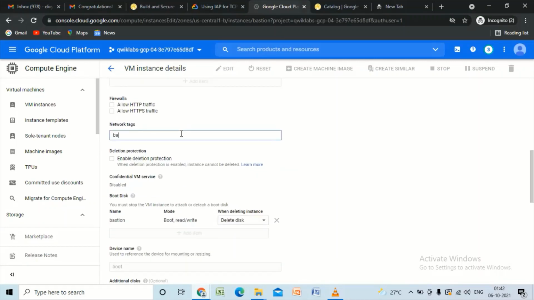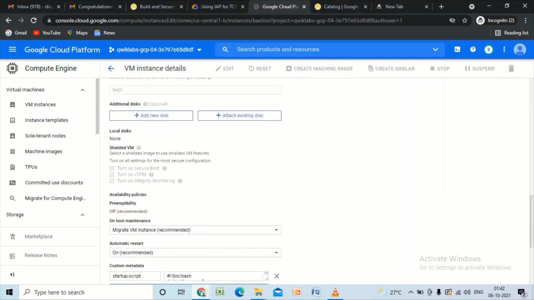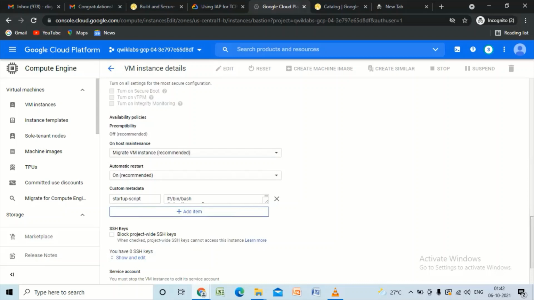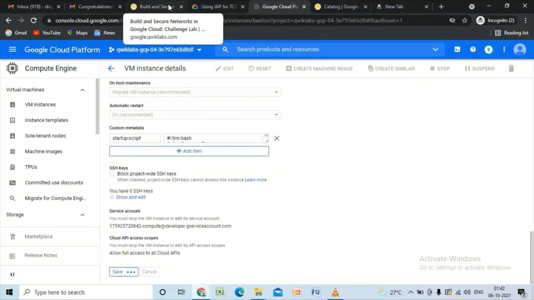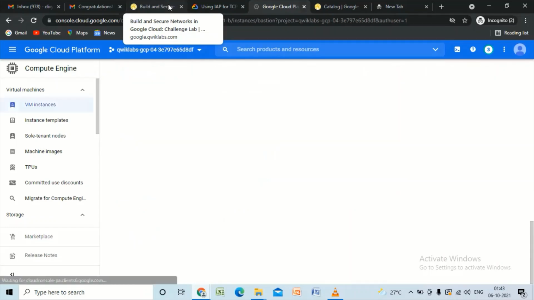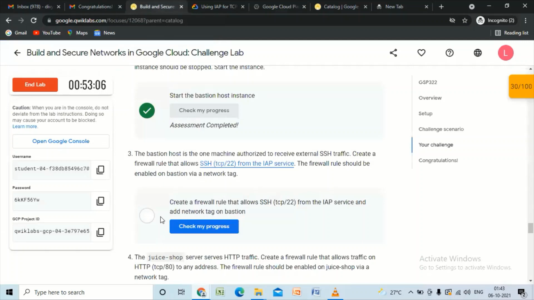Specify the network tags as the Bastion. Click on save. Meanwhile, we can check our progress here.